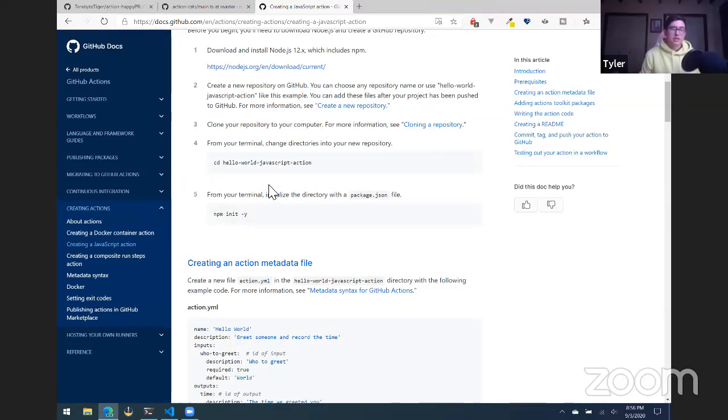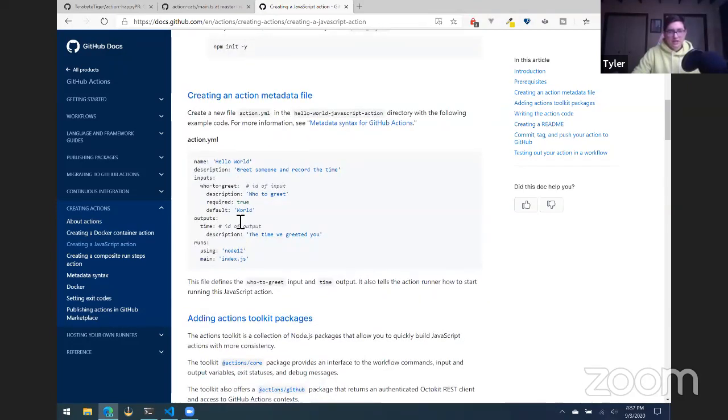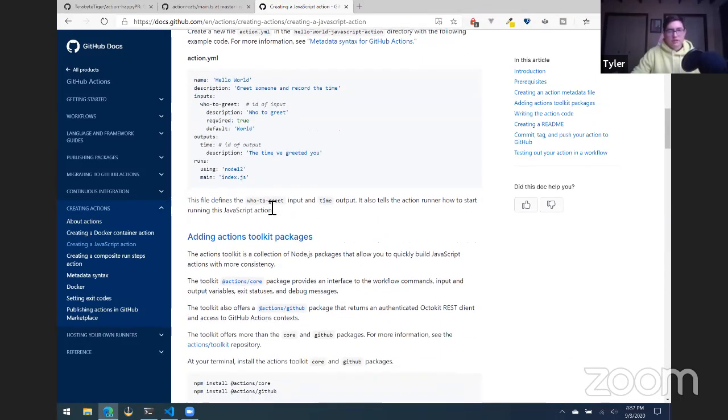If you're familiar with npm and packages already, this is going to be much easier to get through. But I don't think you actually need to know them, at least, but it'll make this a lot easier on you to not have to also be piecing that half of things together. So then it walks through creating your metadata file,